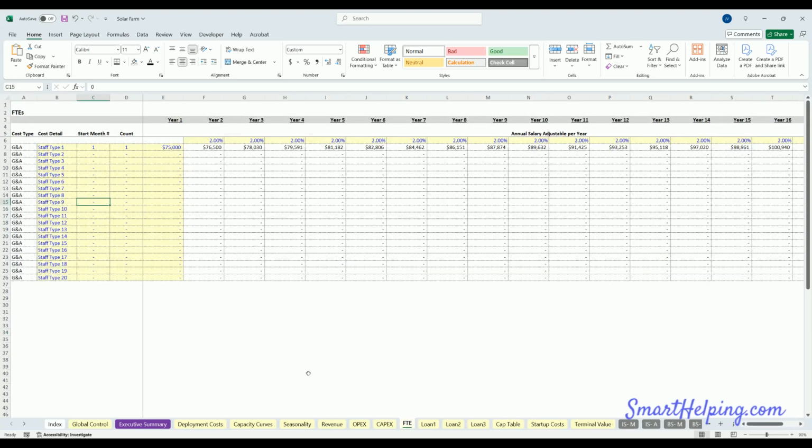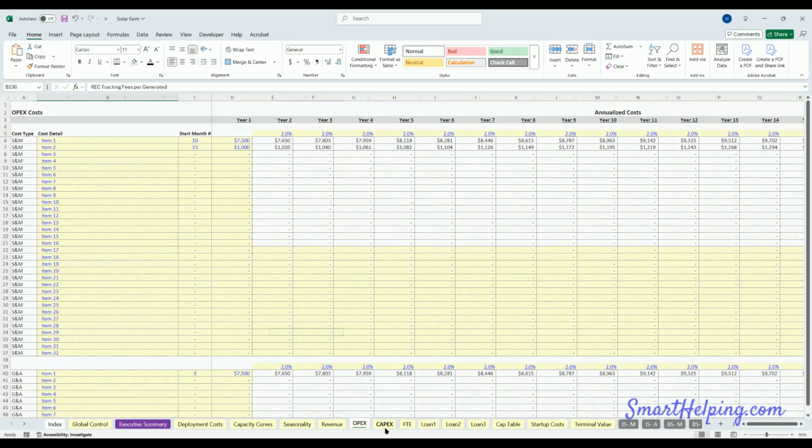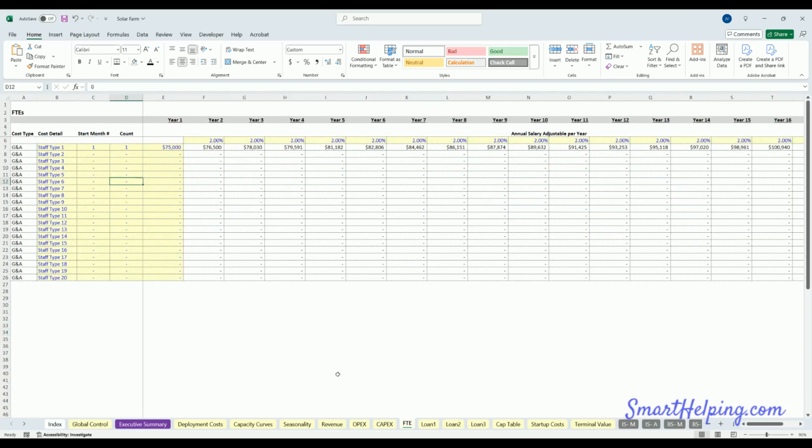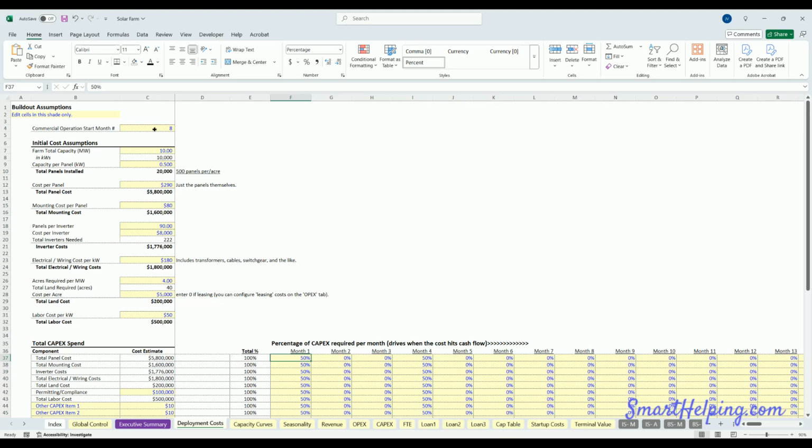You've got full-time employees, so there's 20 slot types. Start month, count. Now, this is a bit overkill on the OPEX and on the full-time employees because this is a single farm model. It's not for 5 or 10 or hundreds of farms that might have a little bit more overhead. Although, if you wanted to scale this, everything would have the same start month, but this could be